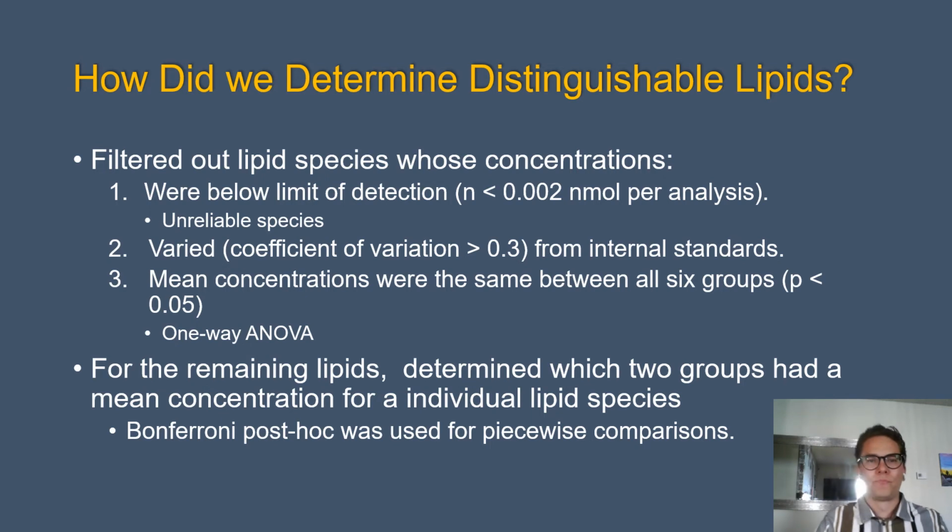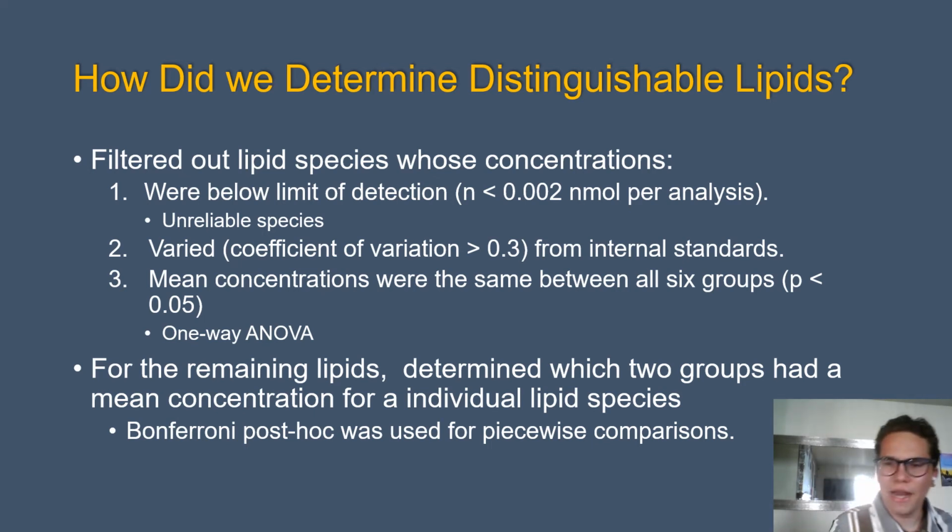Next, we took the concentrations and see if they vary from the internal standards added during the mass spectrometer analysis. And if they vary too greatly, we filter those ones out. Again, those filtered out ones may be important, but for this purpose, we're trying to reduce the number we have, which allowed us to get around 200, 250 lipid species to further